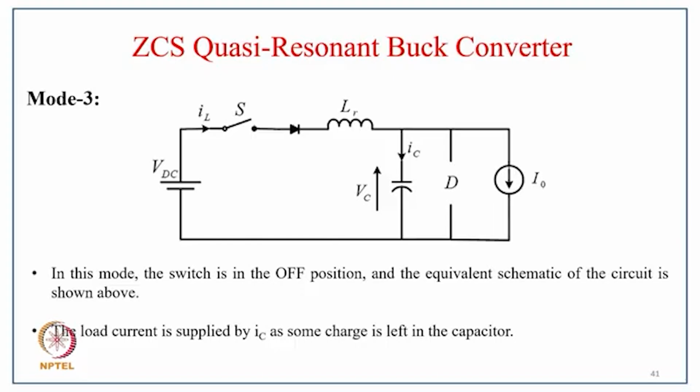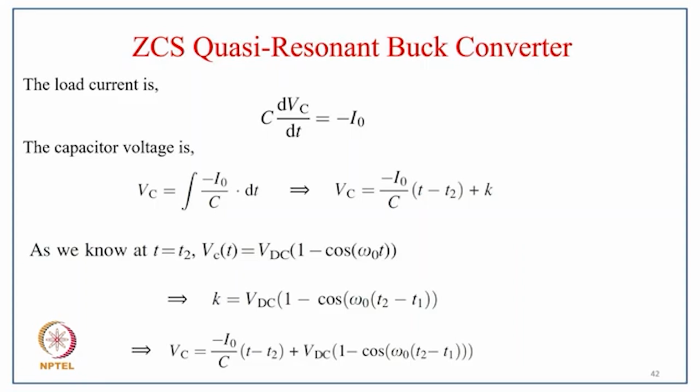In this mode, the switch is in the off state and the equivalent circuit is shown there. The load current is supplied by Ic. As shown, the charge is left on the capacitor. So the load current is C dVc/dt equal to minus I0, and the capacitor voltage is